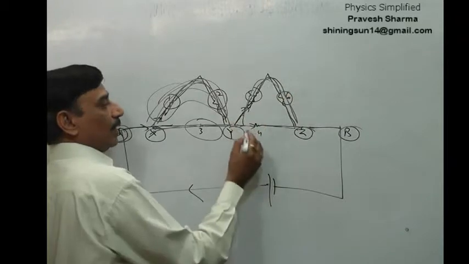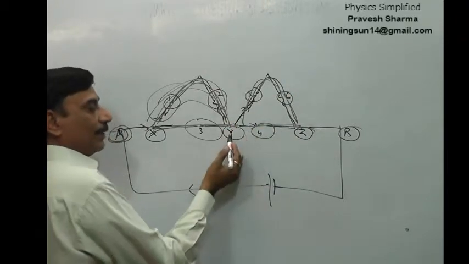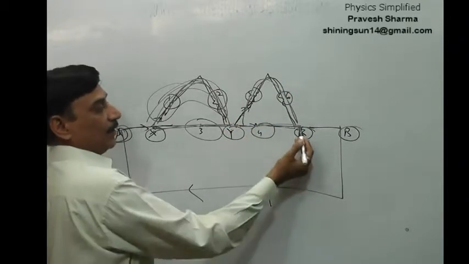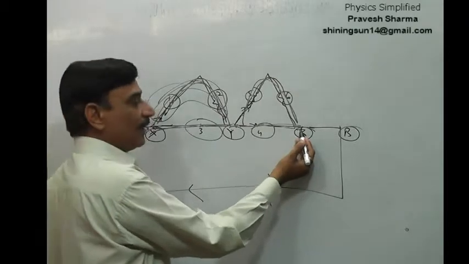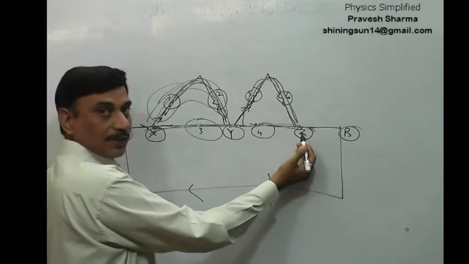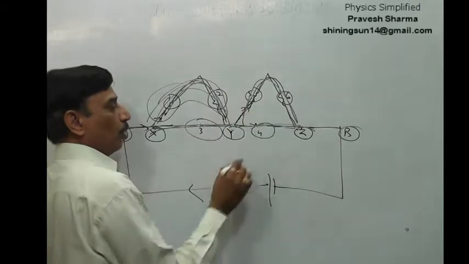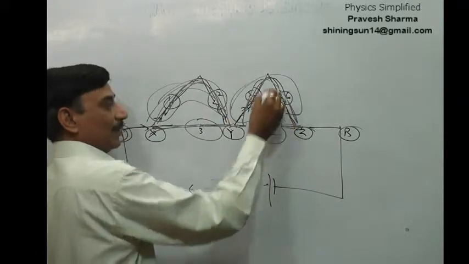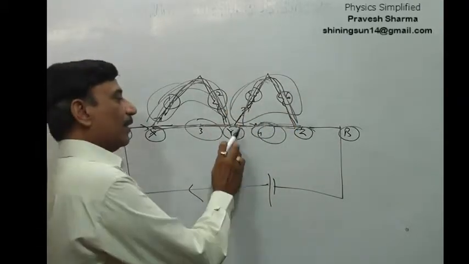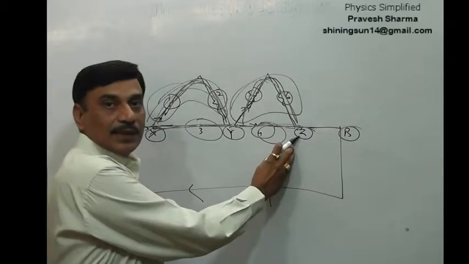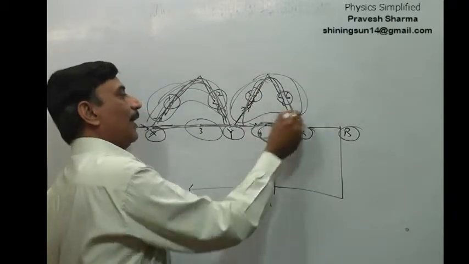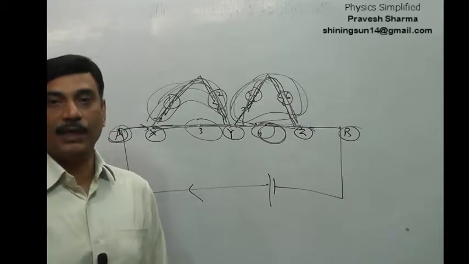Then this combination and this combination. The path is getting split at Y, and the path rejoins at Z. So from Y to Z, you have two options. You go via this, or you go via this. They are splitting at the same point and then joining at the same point. So that's why this and this resistor are once again in parallel.